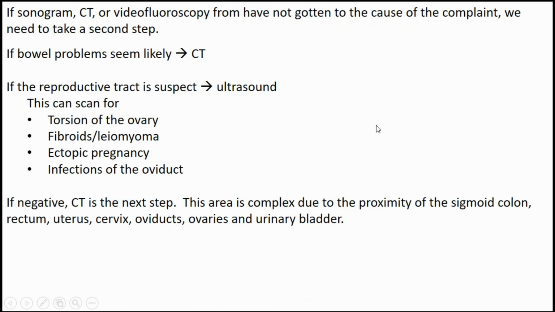Now, if our first step, like ultrasound, video fluoroscopy, or so forth, has not gotten to the source of the complaint, we may have to do another secondary follow-up study. CT, if we haven't done one already, is usually going to be enlisted pretty quickly. And if we think that the reproductive tract is involved, ultrasound is very commonly used to look for things that